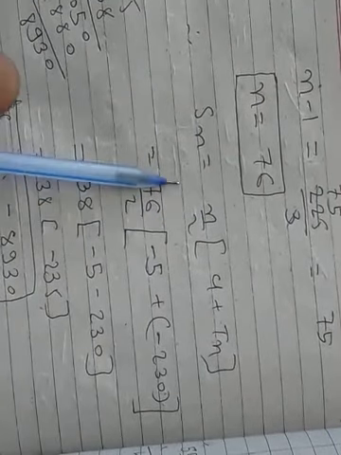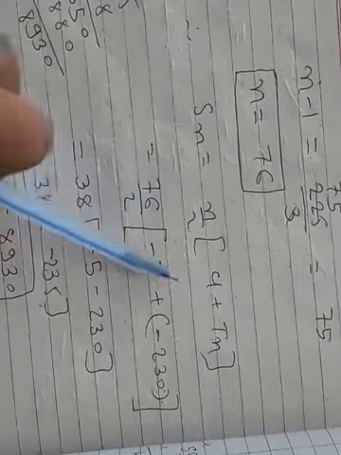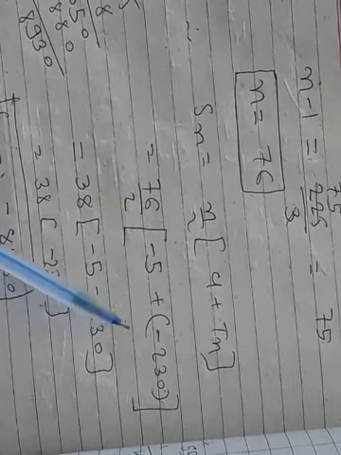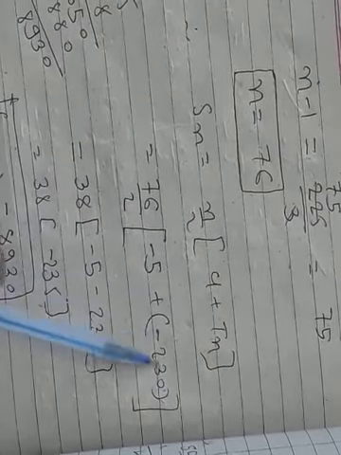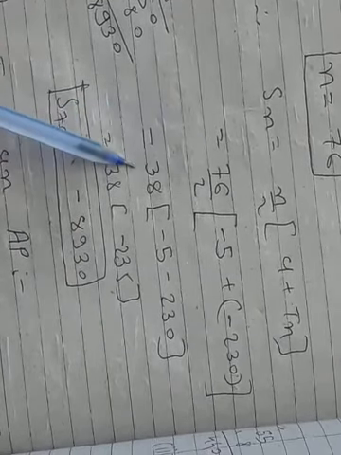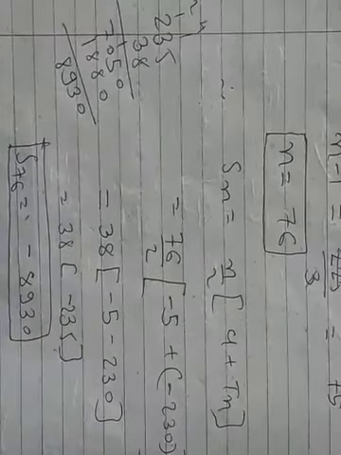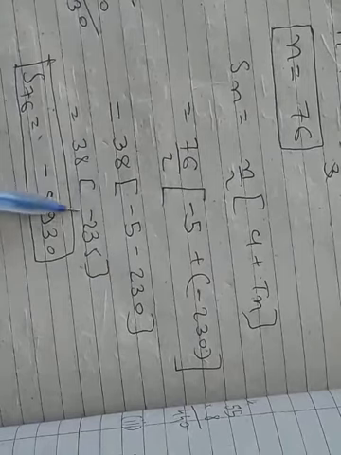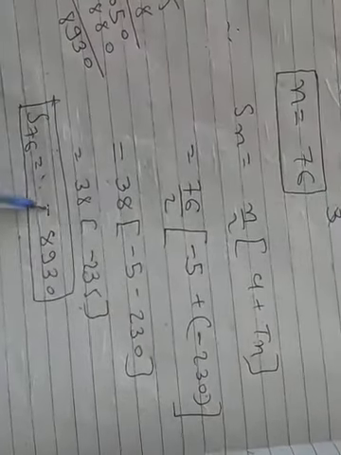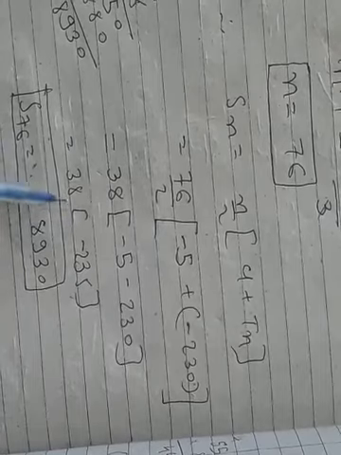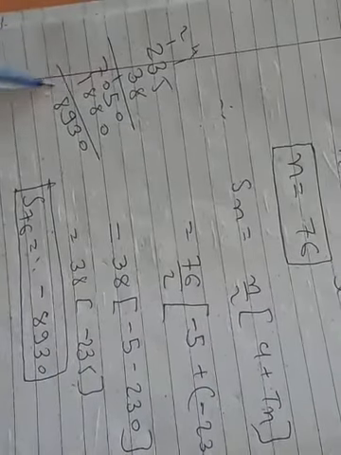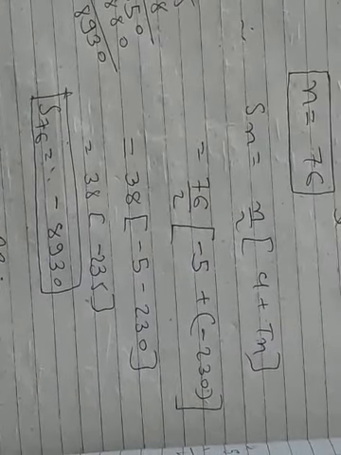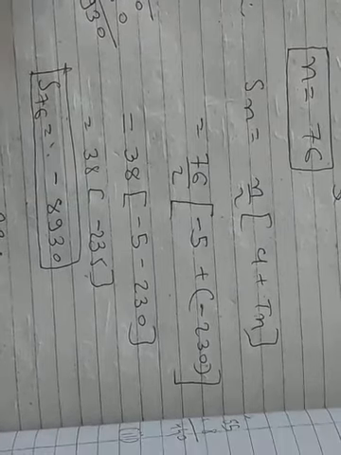Now we know the formula. We already have Tn, so we use the formula of Sn: n by 2 into a plus Tn. n is 76 by 2. a is the first term, which is minus 5, and Tn, the nth term, is minus 230. Now 76 by 2 is 38. And both have the same sign, so there will be an addition. 230 and 5 is 235. Now if I multiply inside, plus and minus become minus, and this multiplication I have done here, and the answer is minus 8930. So that is how we get the answer.